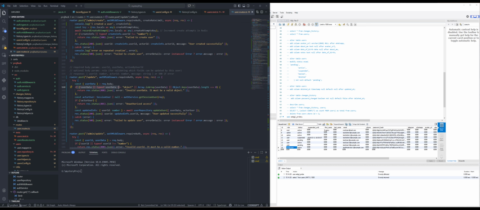If we don't get user data, or it's not an object, or it is an array, or it has keys equal to 0, so generally it doesn't have any data in it, we return status 400, and it's an error, invalid user data. Then we get the actor by getting him or her from the session